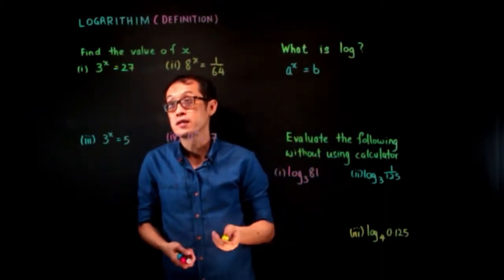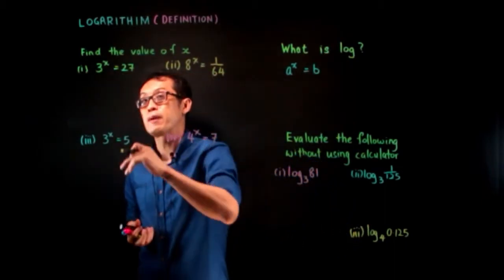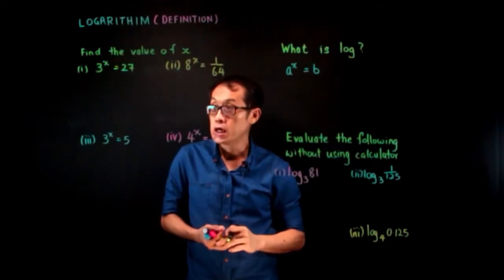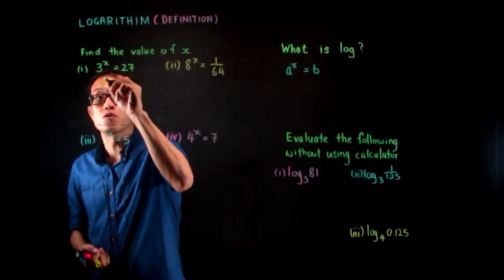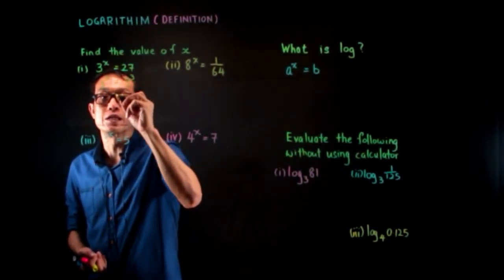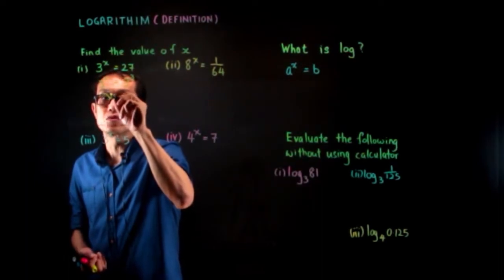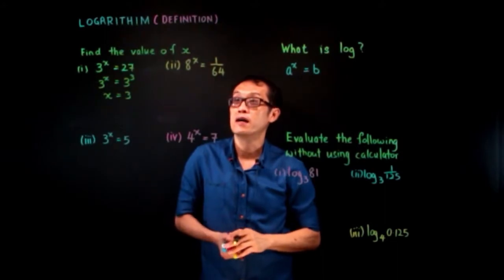The first one is to find the value of x, given that 3 to the power x is 27. Now this is pretty simple. 27 can be expressed as 3 to the power of 3. Since the base is the same, x must be equal to 3. Pretty simple. Let's look at